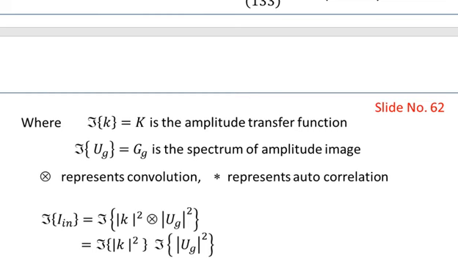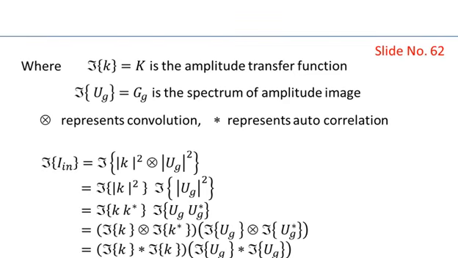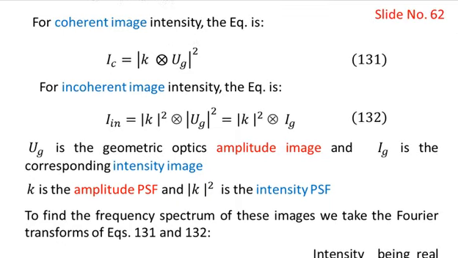Okay. Here the Fourier transform of small k is equal to capital K, the amplitude transfer function, and the Fourier transform of UG, which is the amplitude image, is equal to capital G subscript g, the spectrum of the amplitude image. And you know that the cross symbol represents the convolution, and the star symbol represents the autocorrelation. Now we are going to take the Fourier transform of both sides of equation number 132,